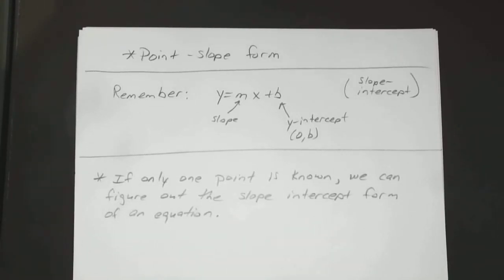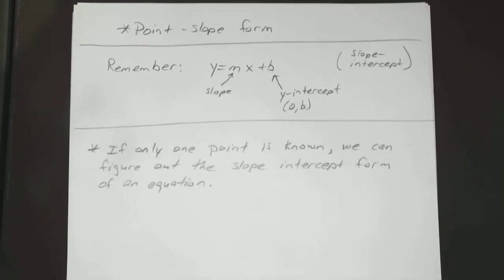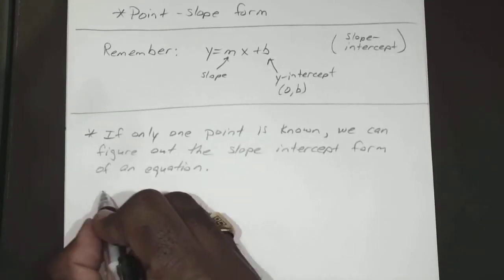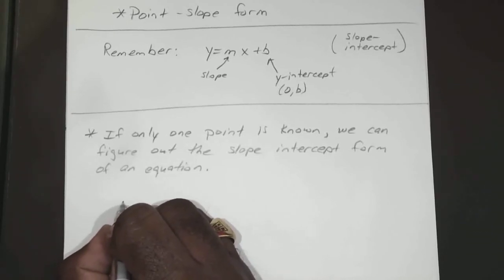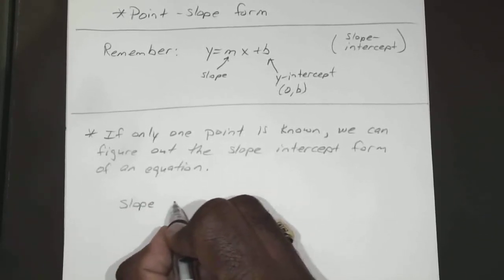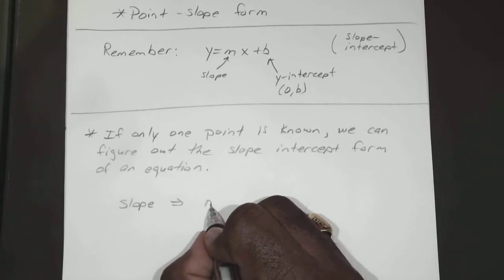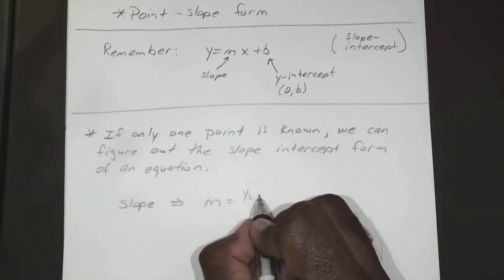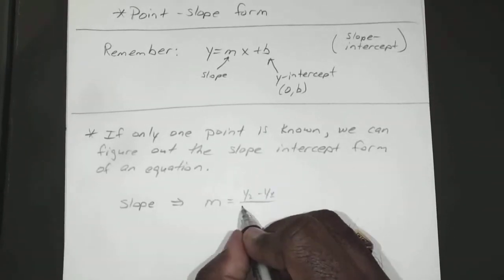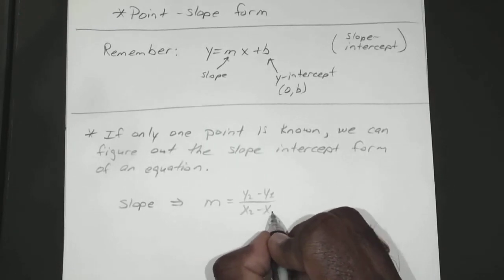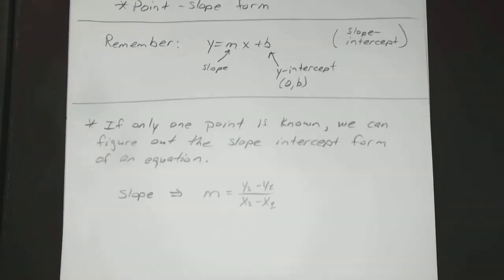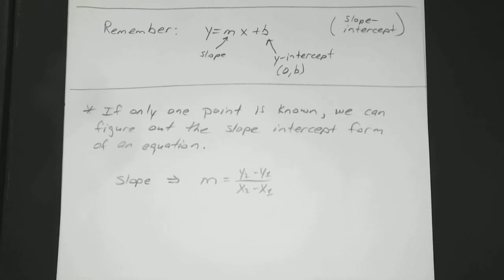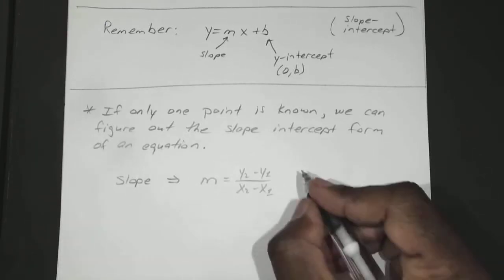Okay, because remember, we always needed 2 points to figure out the slope. Remember that the slope is just m equals y2 minus y1 over x2 minus x1. And that was always under the assumption that we knew 2 points. So if we only knew 1,